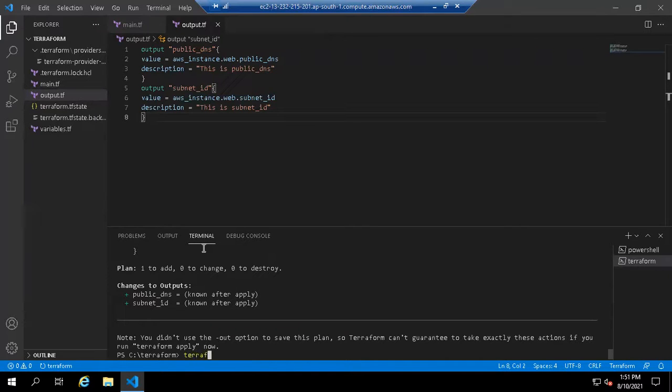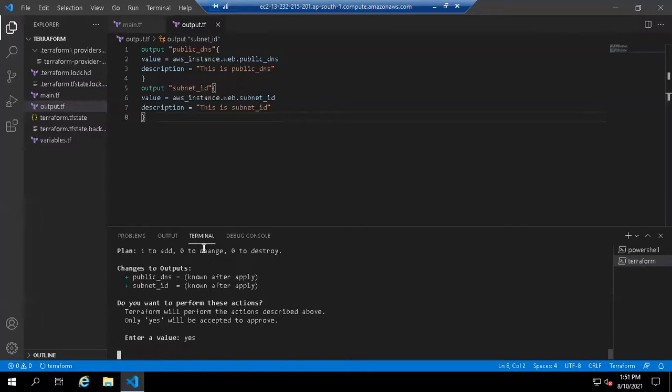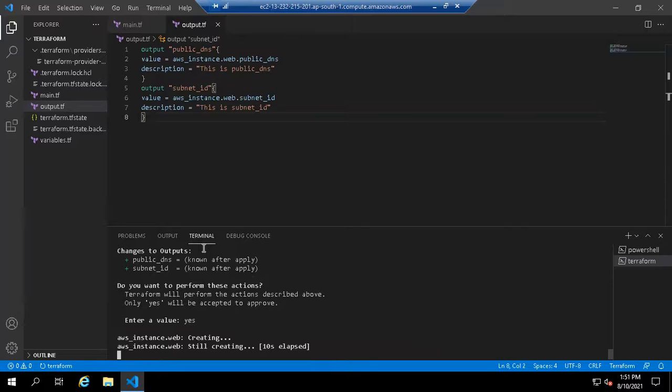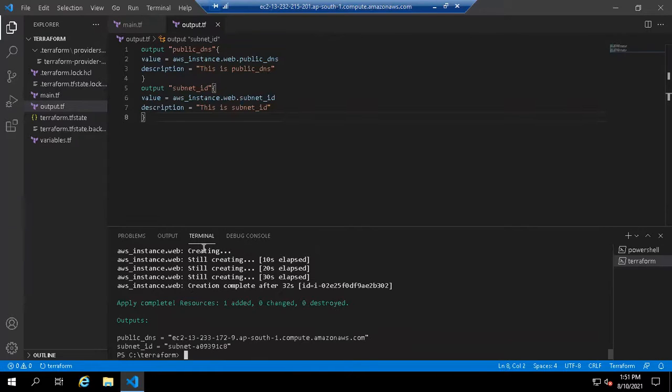Then terraform apply. So yes. It's creating. So you can see the output, and the output is the same.